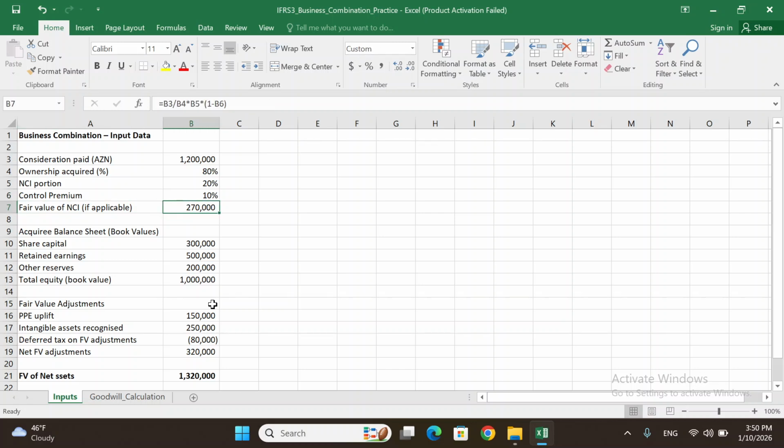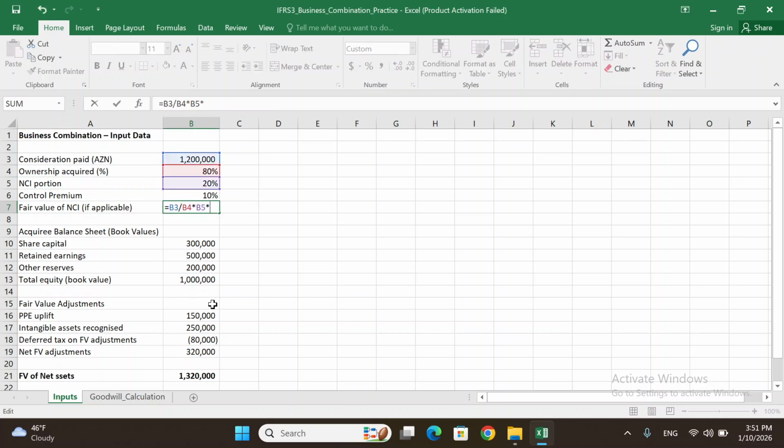And we can also calculate the fair value of the NCI. The first method, we can assume that if we paid 1.2 million for 80%, then 20% should be 300k. But it doesn't work like this in practice because there is a premium for the control. If we are obtaining the control as well as the shares, then we are paying more than when we only purchase the shares. For this, 20% of the shares are actually valued less than 300k, and the control premium